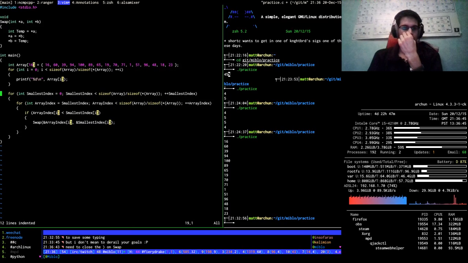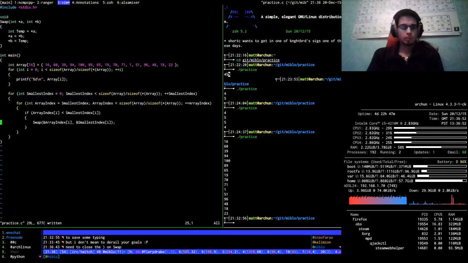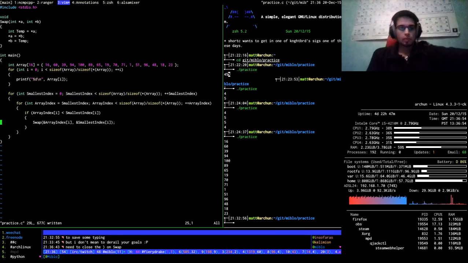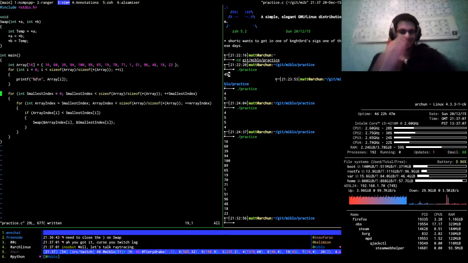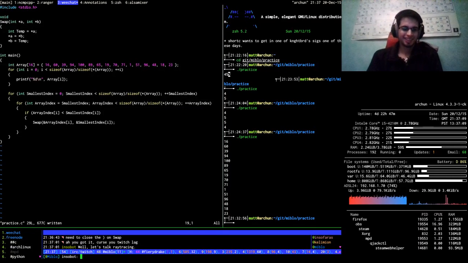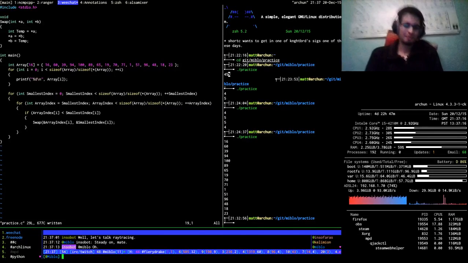It's close to the thumbs, yeah. So this can't be far off, really, if we're just going to be swapping. Sort of ray tracing, not just yet insofar as. Steady on, mate. Steady on, mate.